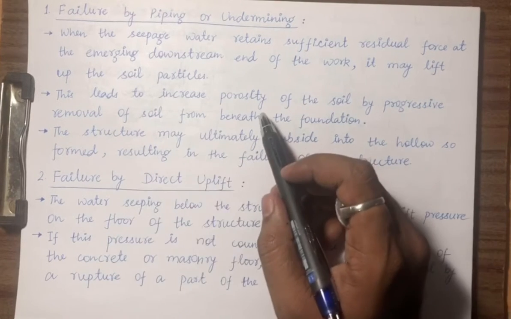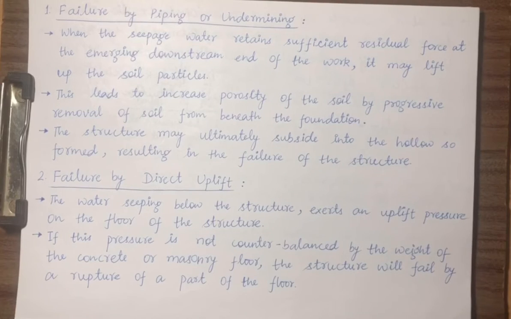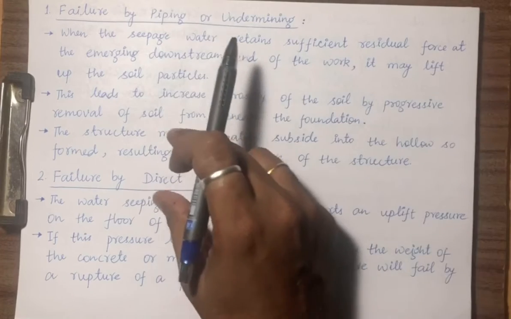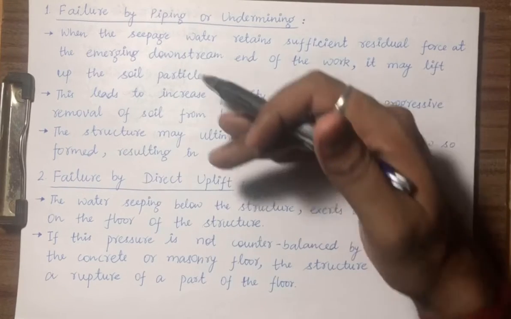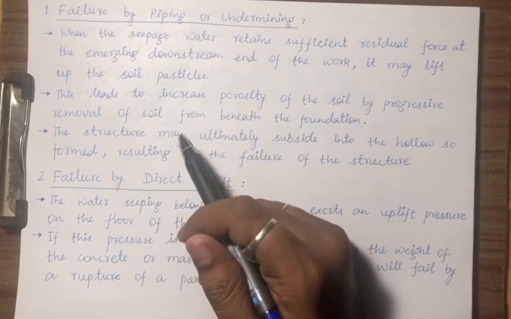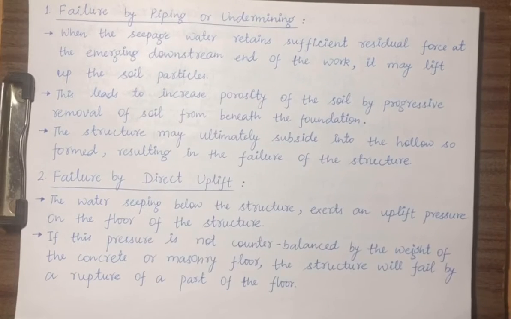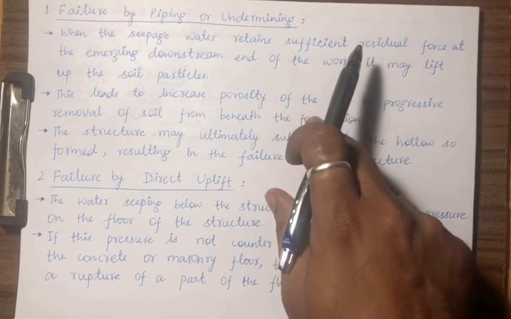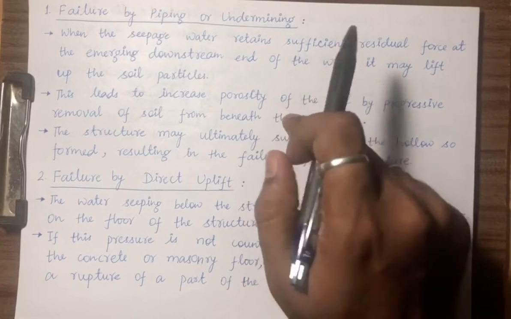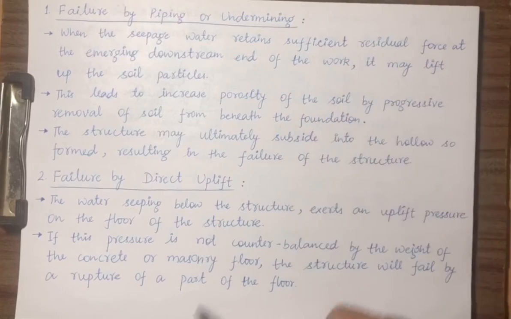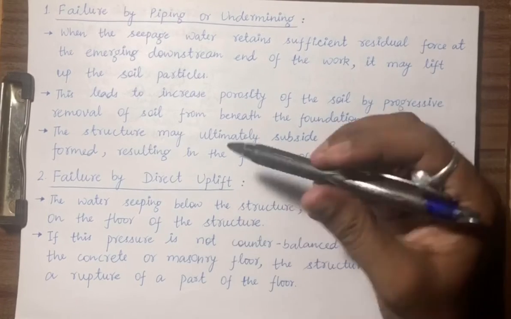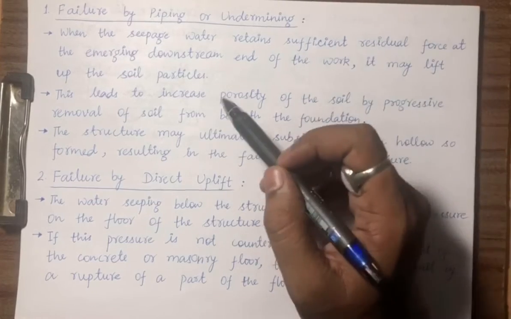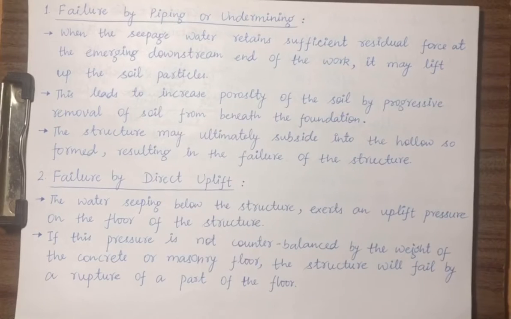So if no measures are taken, all the soil will flow, making a pipe-like hollow, and the whole structure subsides. So in this way, piping failure, this you will learn in more detail in soil mechanics or geotech. There you will see the mechanism, how this sigma becomes zero and how it will lead to this piping failure.